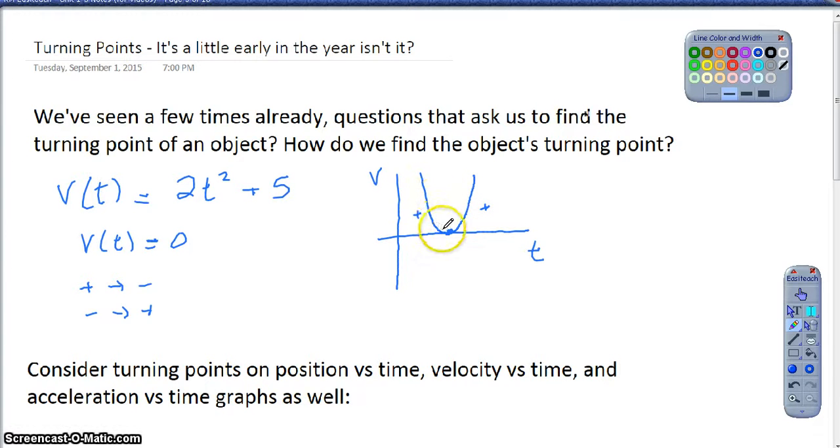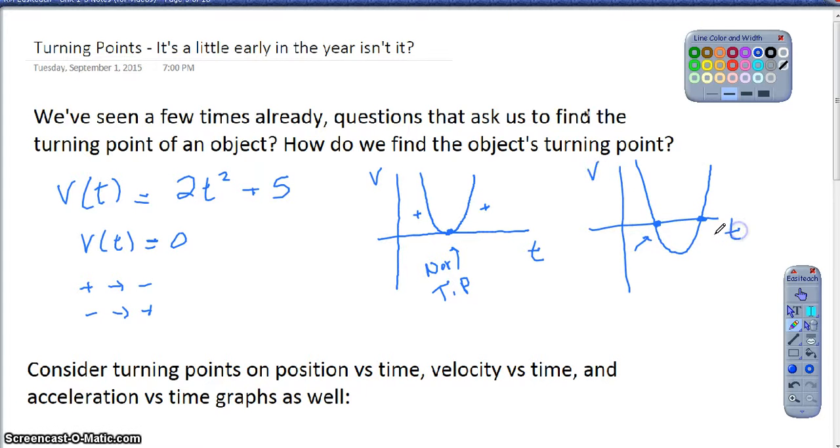So it's moving in the positive direction this whole time, and then it continues to move in the positive direction. That does not turn around, so this is not a turning point, right? That is not a turning point because it doesn't actually cross through the x-axis. However, right, if I give you a velocity function something like this,